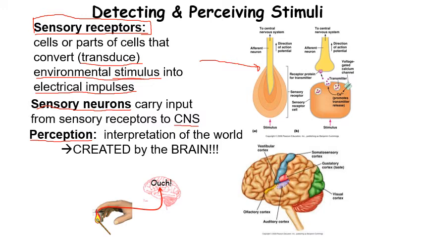Hey, I'm getting information from my sensory neurons for the location of light, and the brain can put a perception to it. Okay, so for the sensory system to work, we have to have all three parts working. The sensory receptors have to be operating, the sensory neurons have to operate, and the portions of the brain,